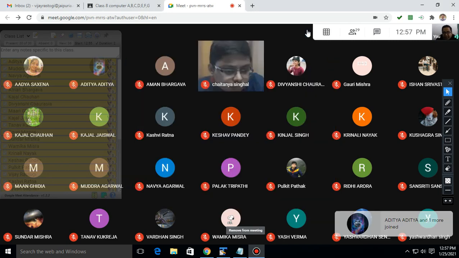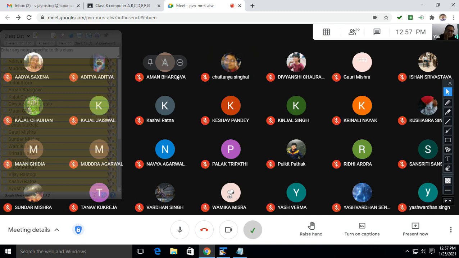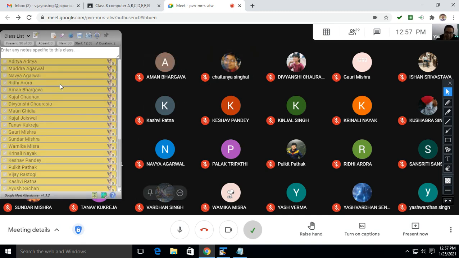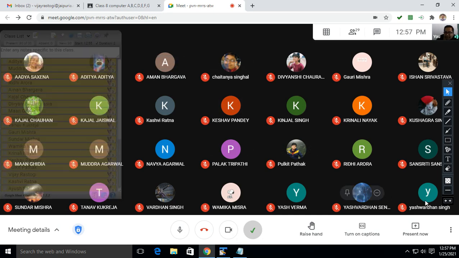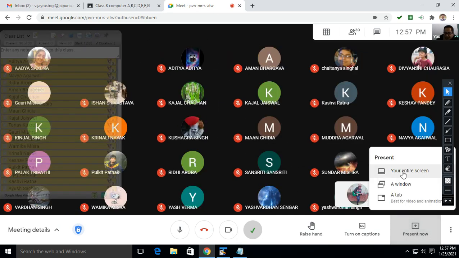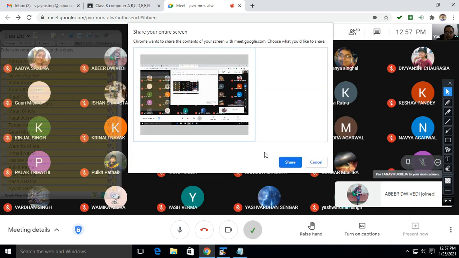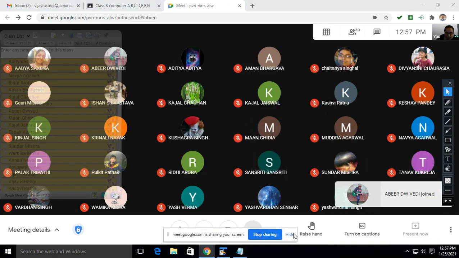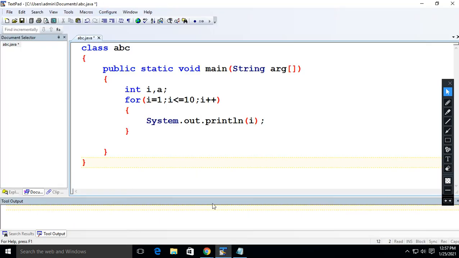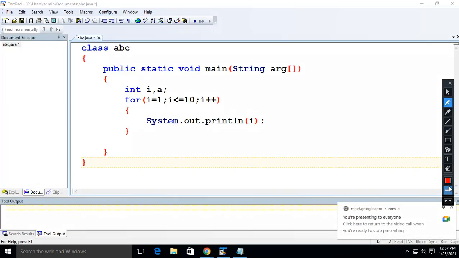So we are going to start today's class in which we will discuss the looping statement again, right? Let me share my screen, then only you will understand in a better way. Is my screen visible? Yes, sir. Okay, everyone is getting my screen? So now again, let me tell you the basic things of the looping statement which we have already discussed in the last class.